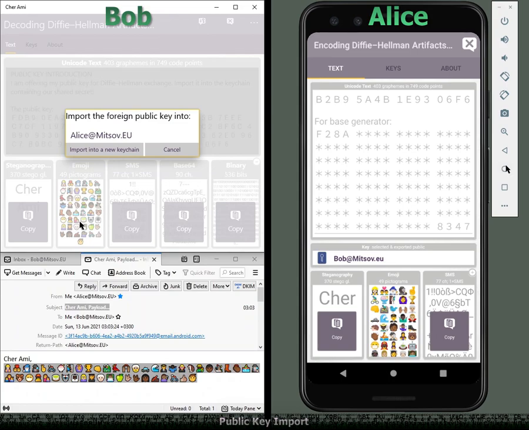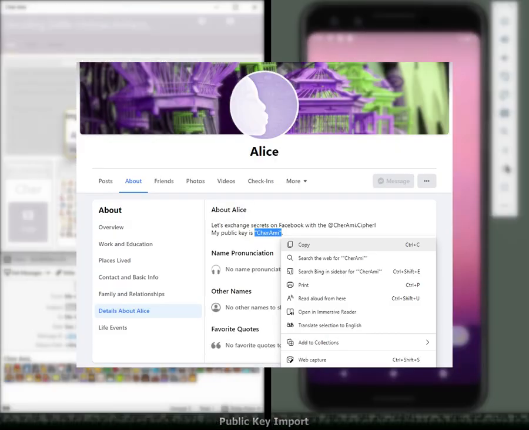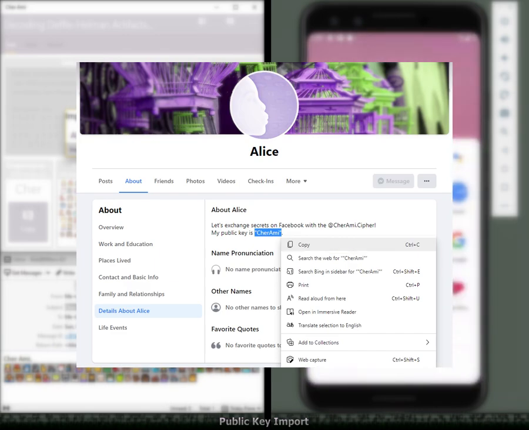It's quite convenient to publish your public key on your profile page once and for all. A copy of the steganography payload would fit perfectly under the Facebook's public details about you. Yes, Bob could safely get her public key from the web, just like this. This way, they wouldn't have to send emails for the exchange. However, for this video they prefer to.